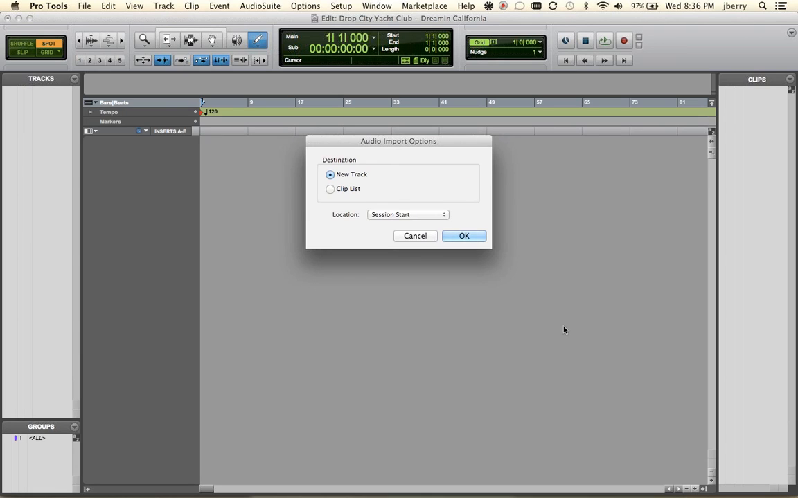And then once it's upsampled the files themselves, it's asking me what I want to do with these files. If I wanted to, I could choose to just send them to the Clip List, which still imports them into Pro Tools, but doesn't have them in a physical track. It puts them over in the Clip List. Think of this like your ingredients cupboard to pull out from whenever you want to use,